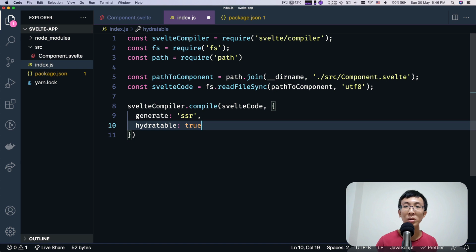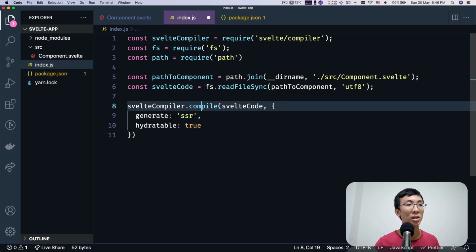Svelte may do some optimization or add some references here and there, so that it's easier for us to find out where the elements are later on when we want to hydrate from the HTML that's been written from our code. Right here, if you take a look, we have JS code and CSS.